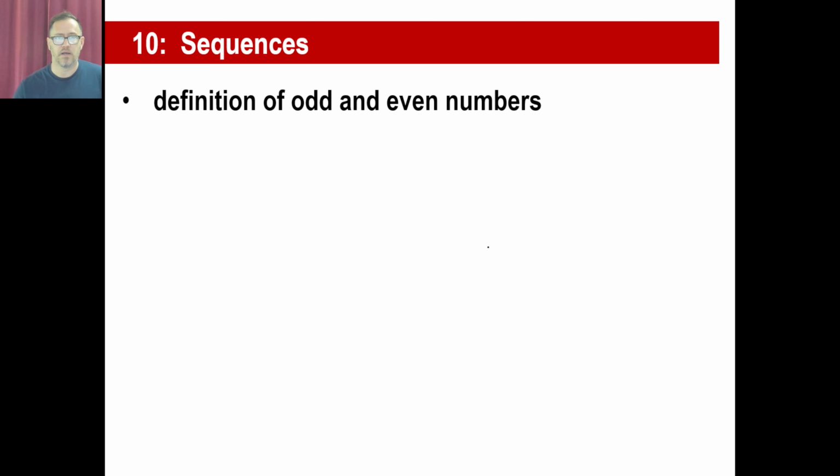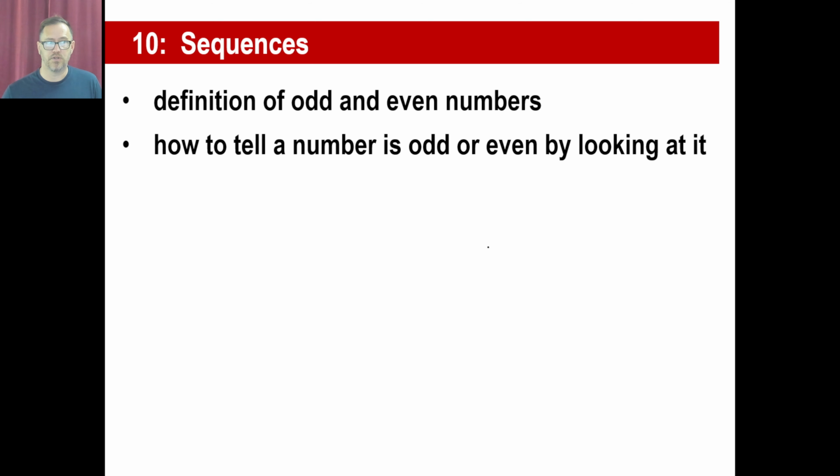Okay, let's try another one. Defining odd and even numbers. An even number is divisible by 2. That's it. That's all you need to know. An odd number is not divisible by 2. That's all there is to it. So you can look at any number in the world and tell immediately if it's odd or even. I don't care if it has